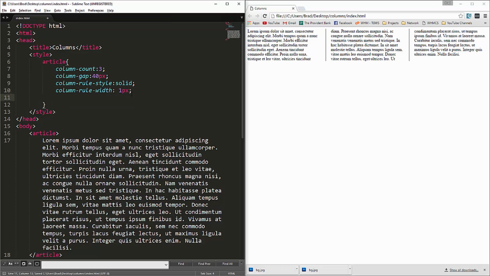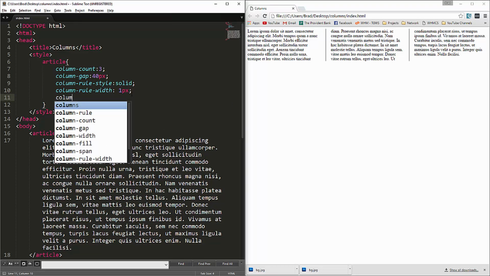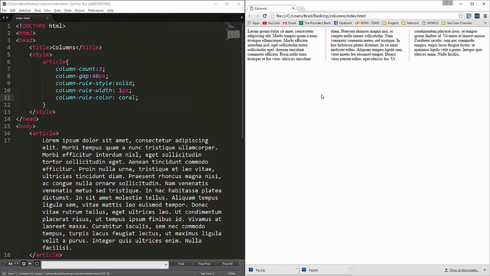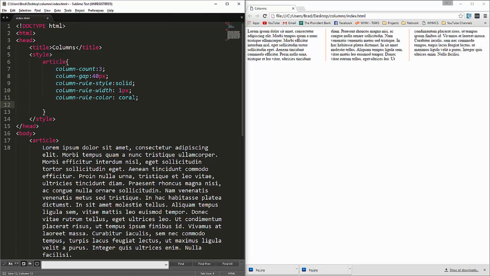If you want to change the color, you could also do that. We'll say column-rule-color, and let's set it to coral. Reload, and now you can see the color changed. Alright, and with a lot of different properties, you can actually combine these. So if we want to go down here and just say